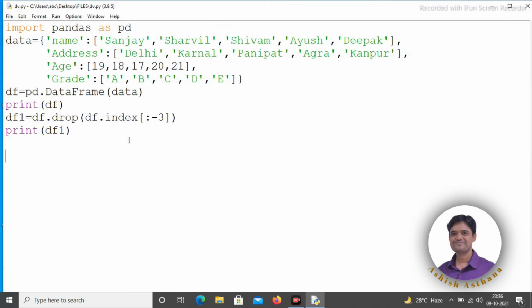So that's it. In the same manner you can perform operations on a data frame. Just try how to delete columns, how to add rows, and if you have any doubt,